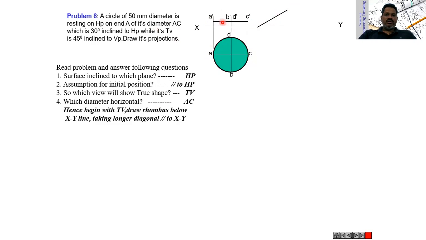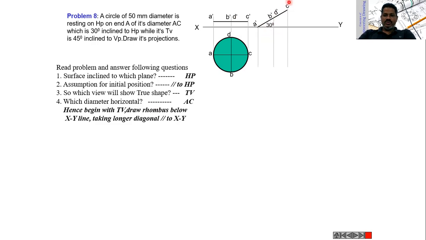Then locate the points A dash, B dash, C dash, and D dash by using the compass. Get all those points to the 30 degrees angular line by using the compass. After locating the points on the front view of the plane, which is at an angle of 30 degrees to the HP,